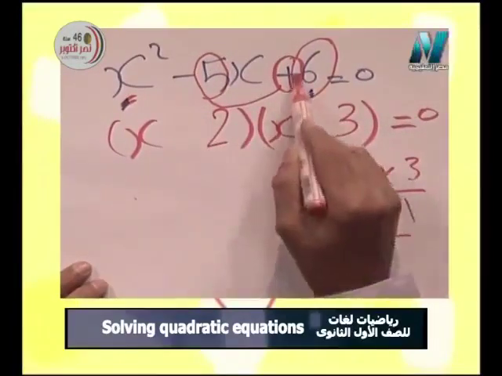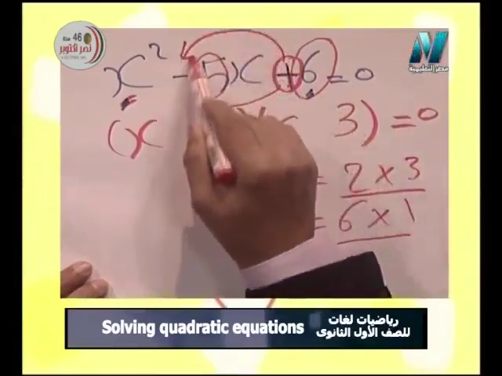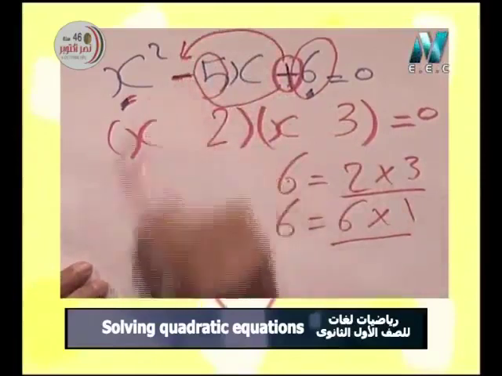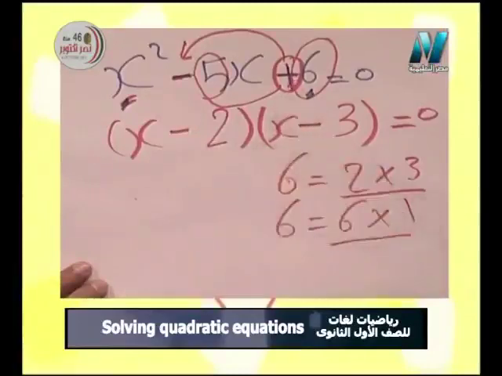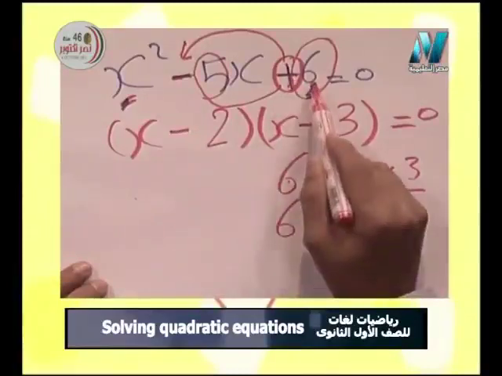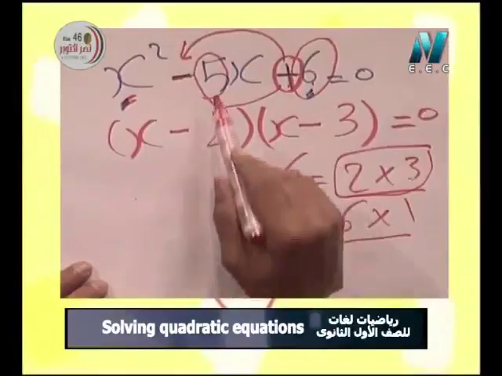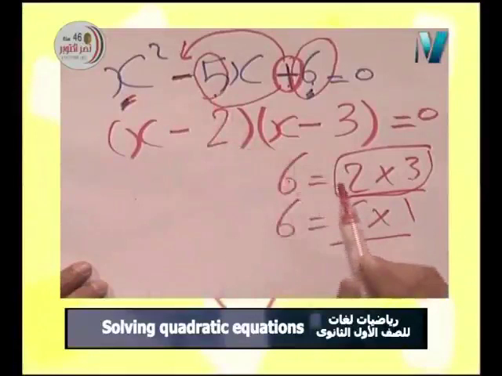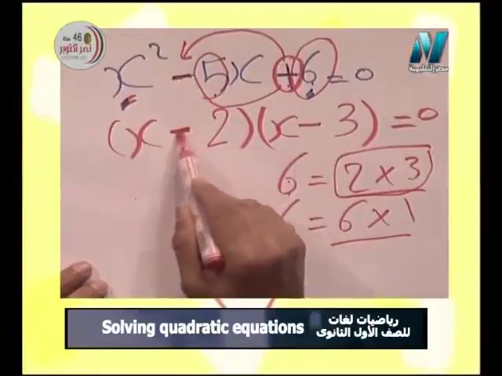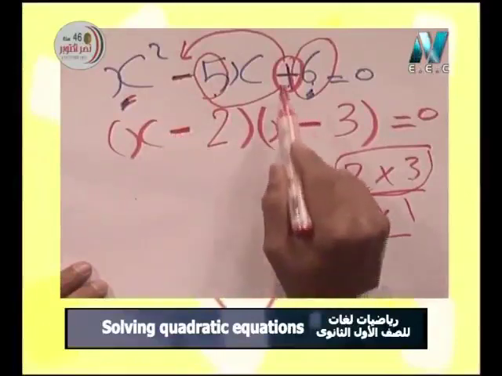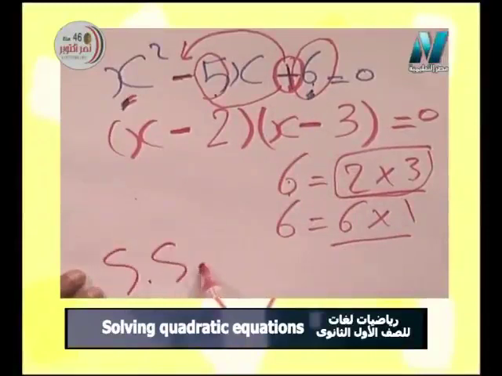And because of plus, or positive, it resulted from multiplying negative by itself. Negative multiplied by negative equals positive. So I have chosen 6, which is 2 times 3. Their sum equals 5 and their product equals 6. And we write negative times negative because it's positive. It's okay, and we have the solution set equal